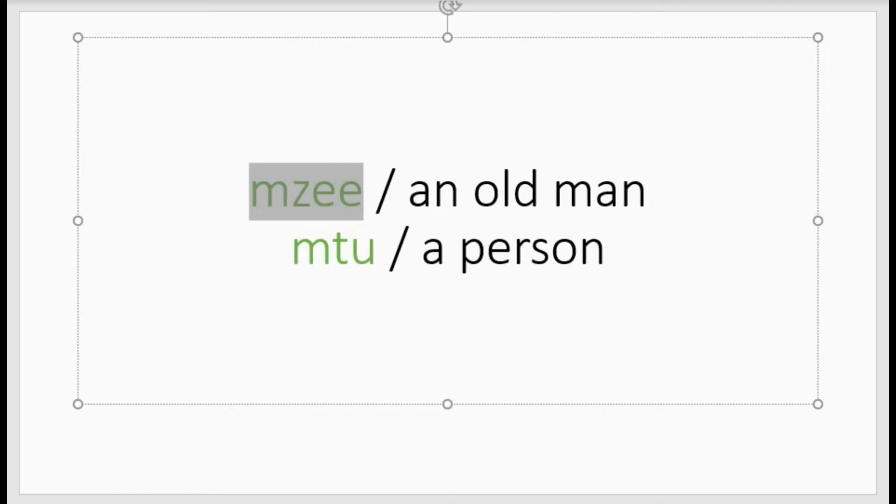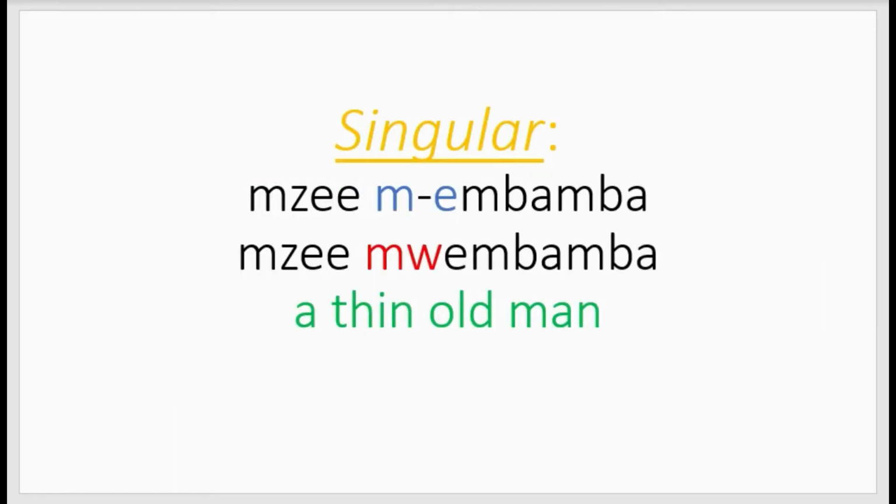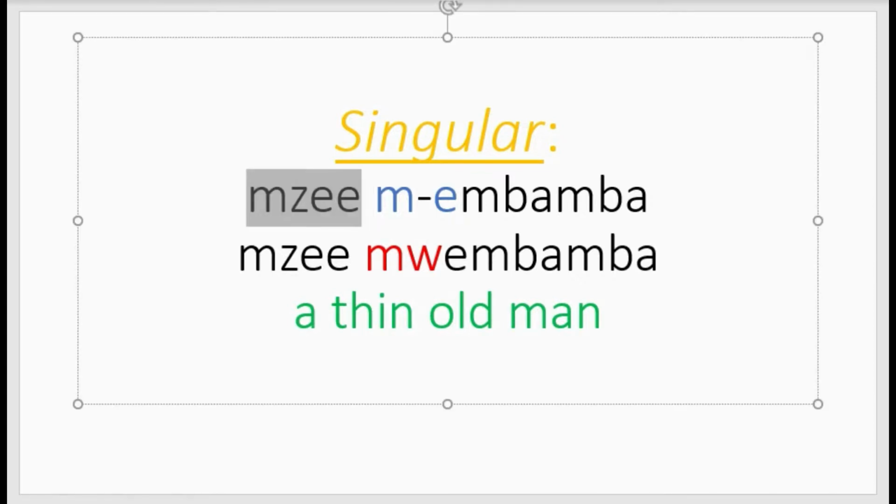Now when we have those two nouns in the singular form, mzee, and our adjective is embamba, to construct a correct sentence,